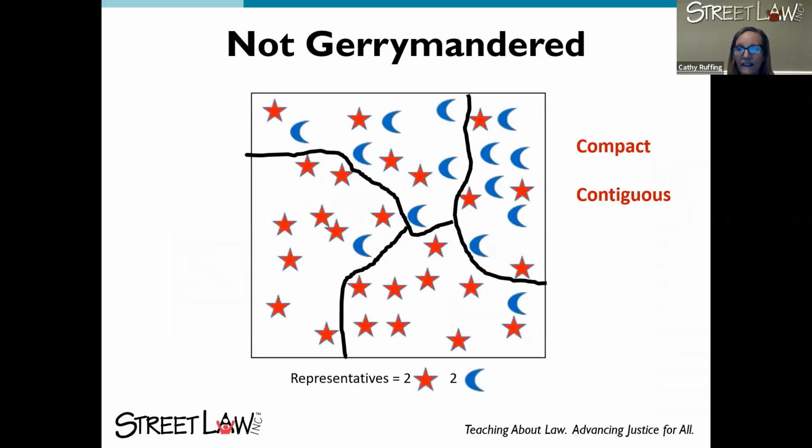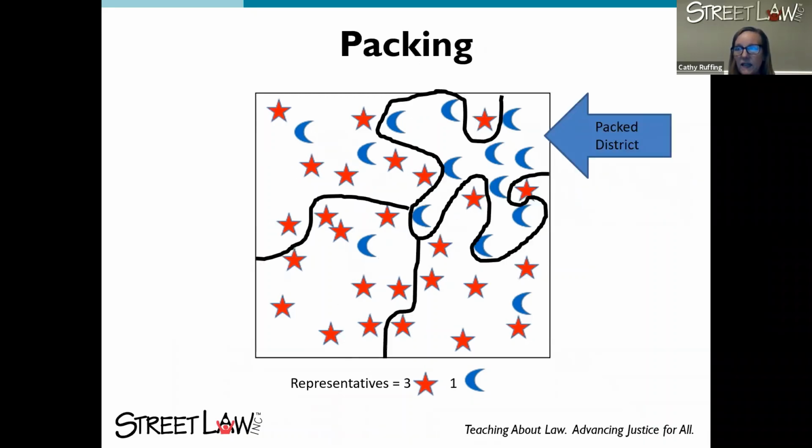So they might do something like this. This is my kind of ugly drawing, but these are not gerrymandered districts because they're compact and contiguous. This is a packed district because the minority party is all pushed into one, or mostly pushed into one district, leaving the other ones safe for the majority party.